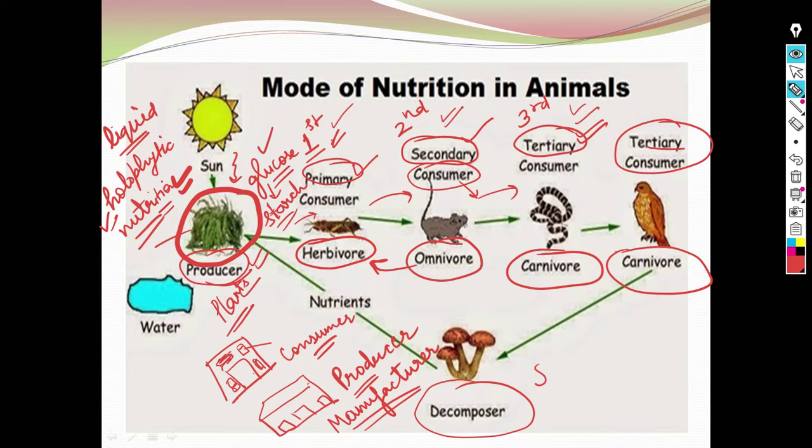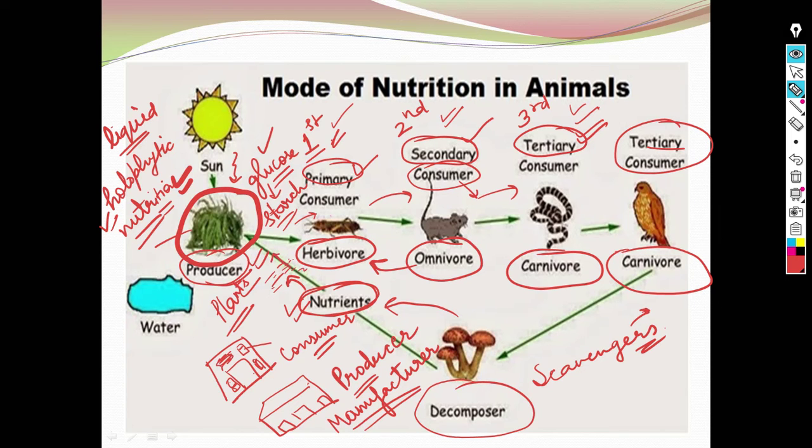Or there are scavengers who are eating up the dead animals. So these decomposers or scavengers are going to break it down further into simpler nutrients. Where is it breaking it down? Into simpler nutrients. Now these nutrients will be mixed with soil again, and from that soil,